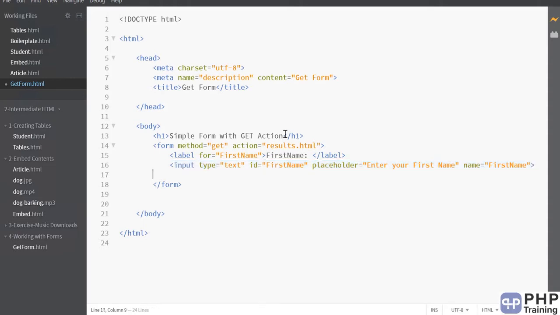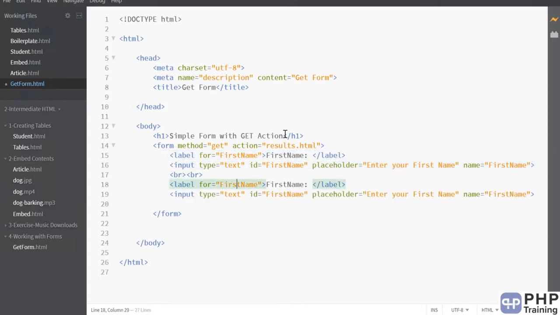Okay, then we're going to add some new lines. Then we're going to say last name. Okay, and then we have to have a submit button and reset button.